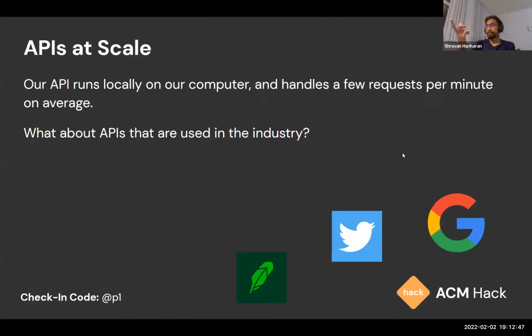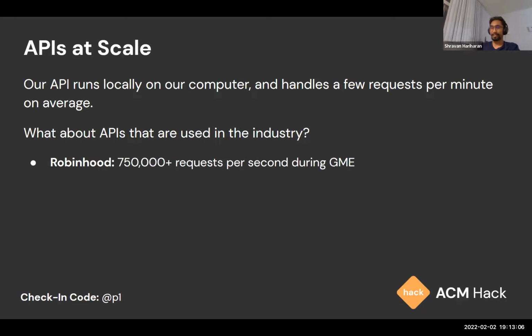So our API that we just built runs locally on our computer, right, on localhost 3000, and we're sending like a few requests per minute. But if we go back to the Twitter example, how are APIs like that used in the industry? Those APIs are getting hundreds of thousands of requests per second, right? Here's an example. Robinhood, during the GameStop stock crisis, was getting over 750,000 requests per second for their APIs during GME,